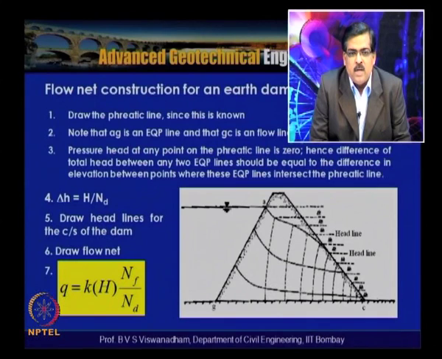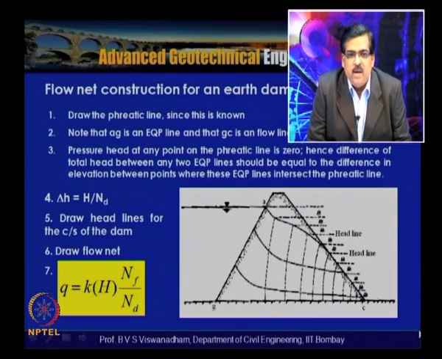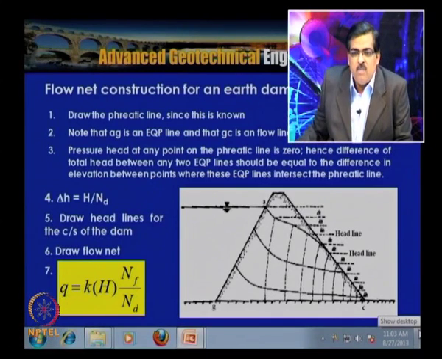And note that AG is an equipotential line and GC is a flow line, and the pressure head at any point on the phreatic line is 0. The difference of the total head between any two equipotential lines should be equal to the difference in the elevation, because it is at atmospheric pressure, so the pressure head is 0. So by knowing the elevations, we will be able to calculate the total head between any two equipotential lines. So delta H is nothing but